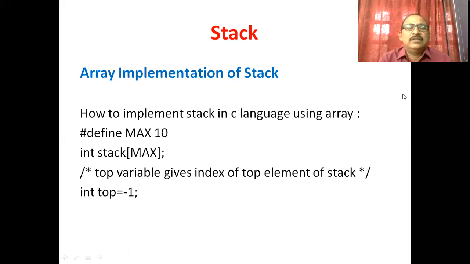We define MAX, the maximum number of elements we can store in the stack, and the number is 10. And the declaration of the stack is the data type, which indicates the type of information the stack holds, followed by the name of the stack, and followed by the size of the stack.